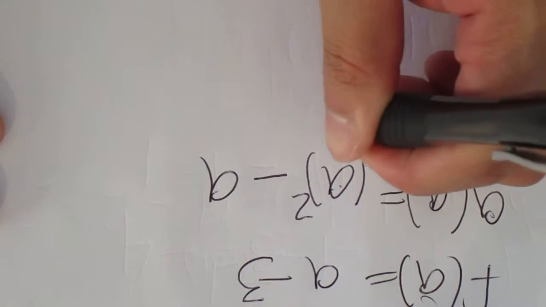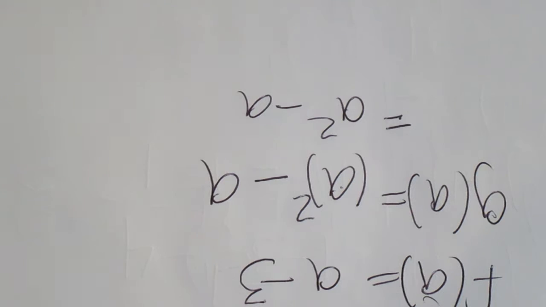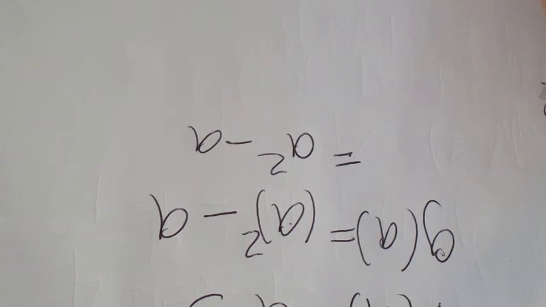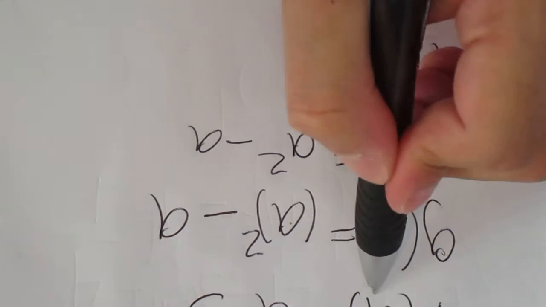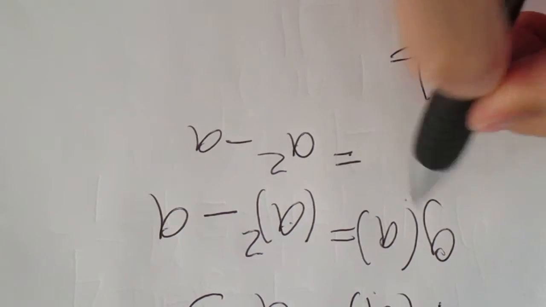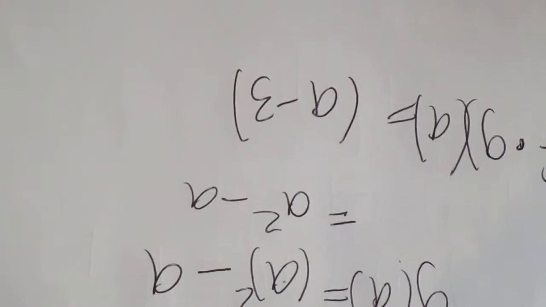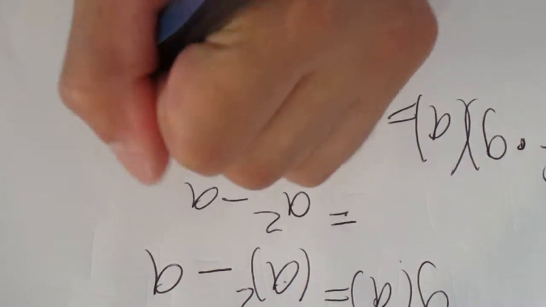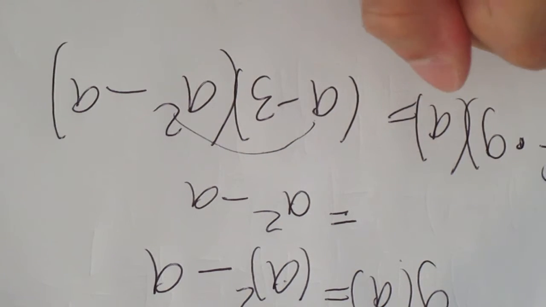And that gives you a squared minus a. Right? So the original problem is asking you what is f times g of a. So we have to multiply f of a and g of a. So we know f of a is a minus 3 and g of a is a squared minus a, and then all we gotta do is distribute, so that's a